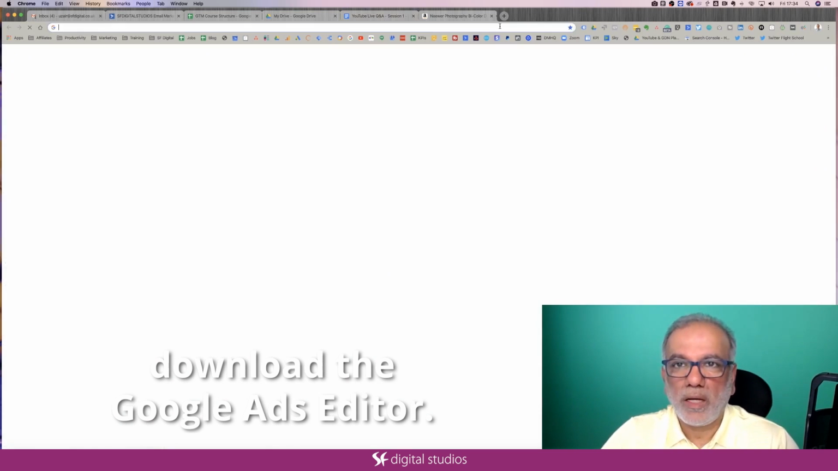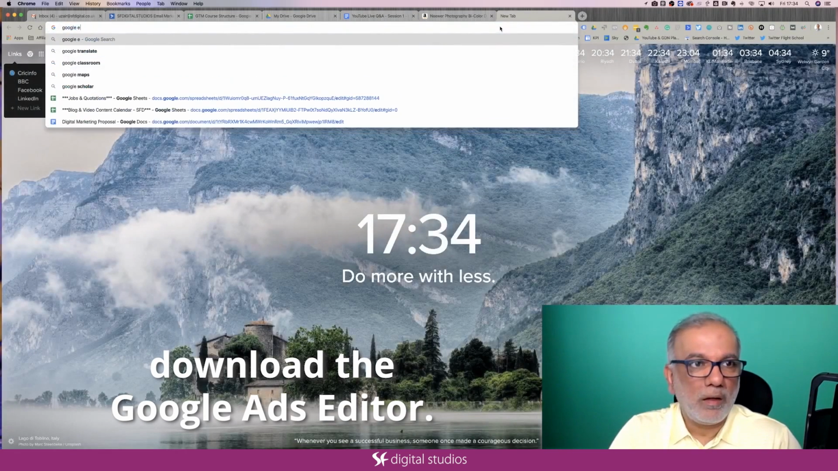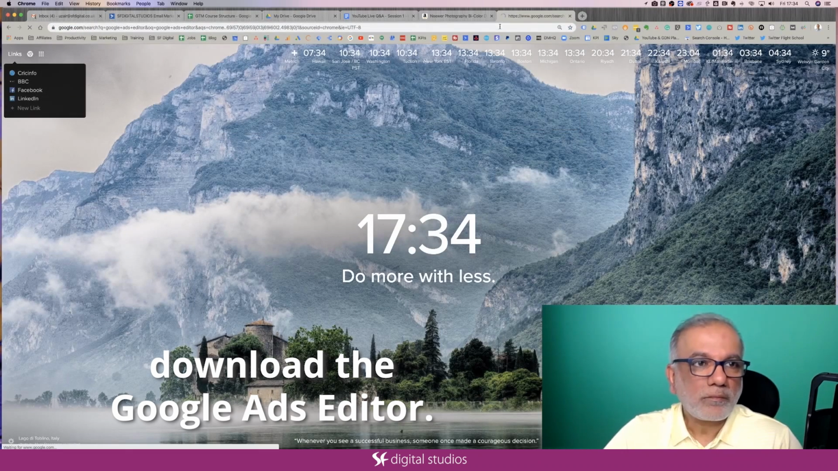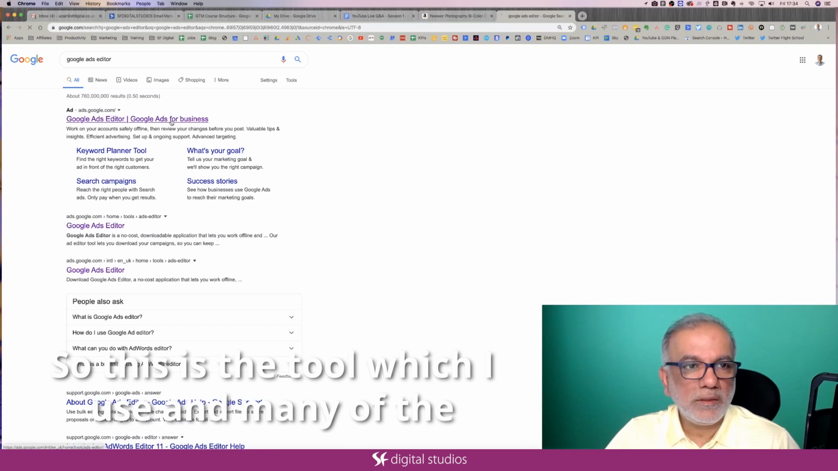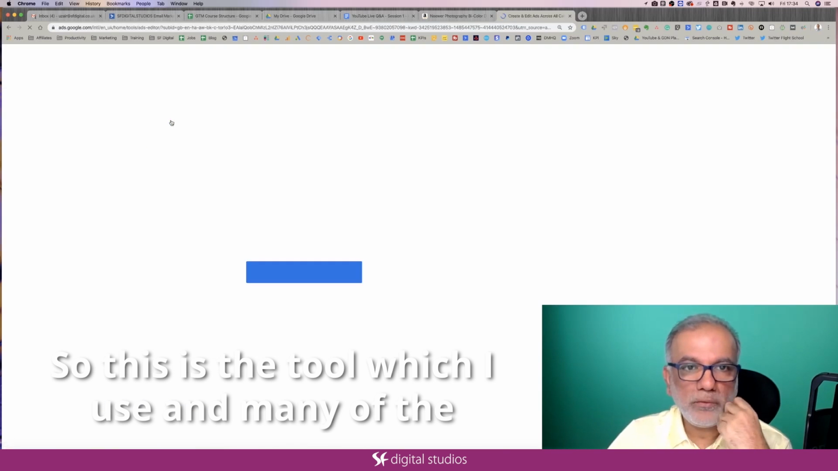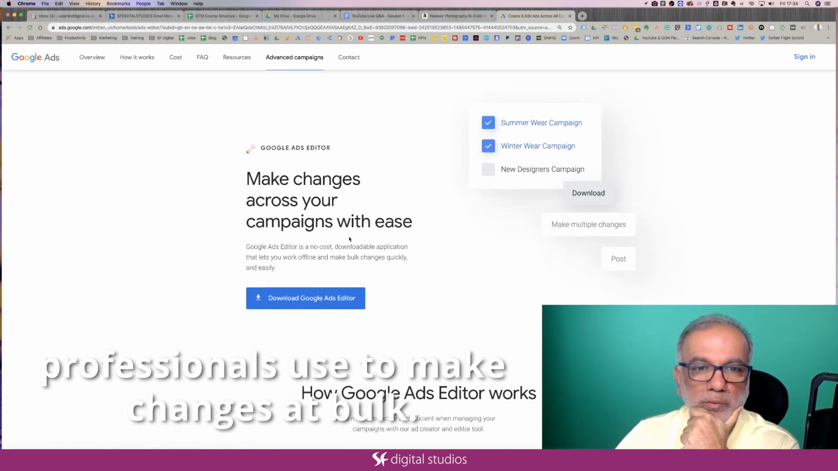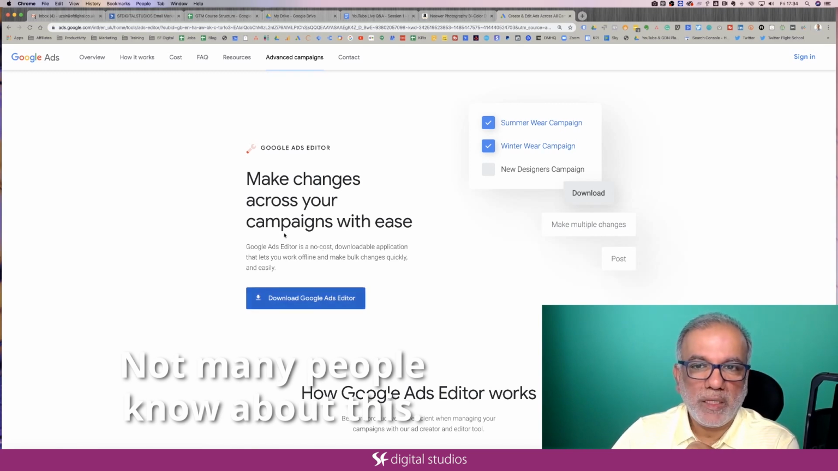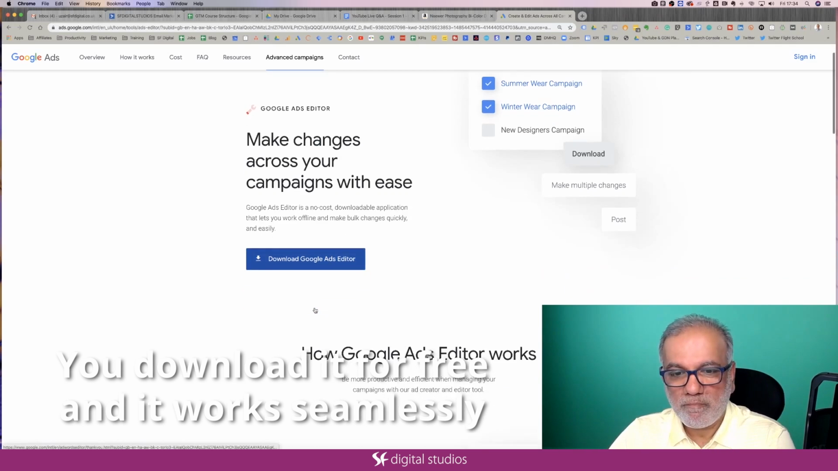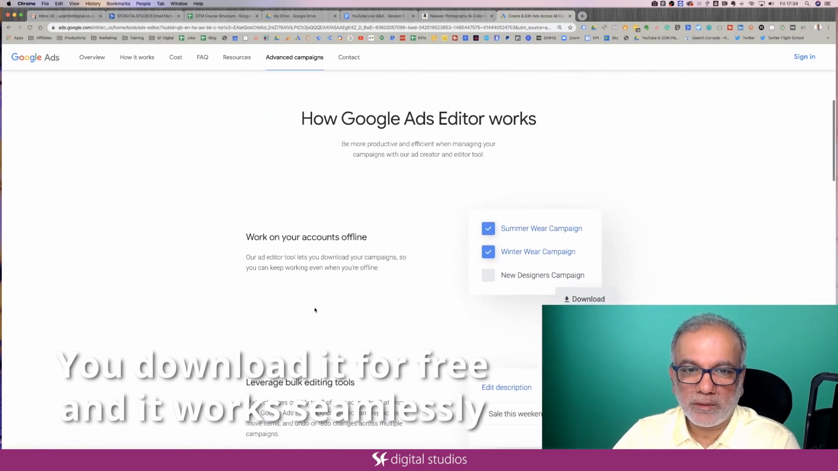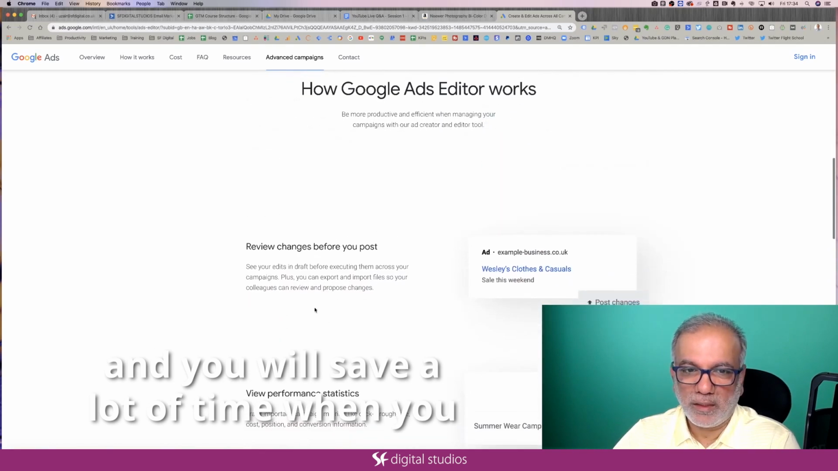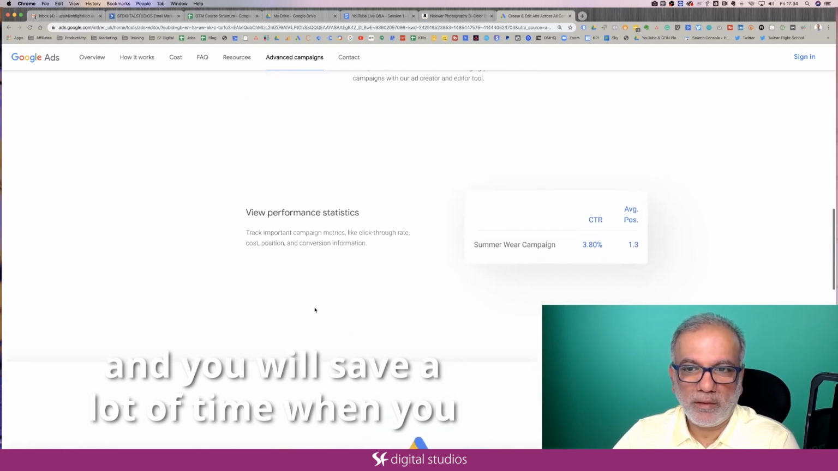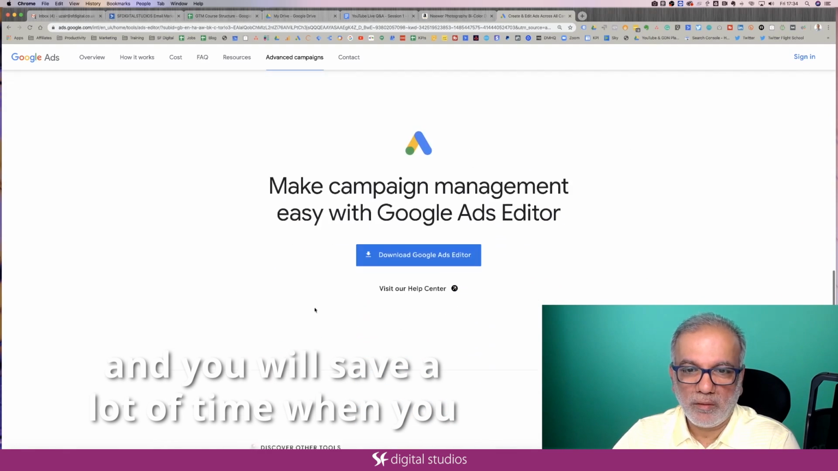download the Google Ads Editor. So this is the tool which I use and many other professionals use to make changes at bulk. Not many people know about this. You download it for free and it works seamlessly, and you will save a lot of time when you want